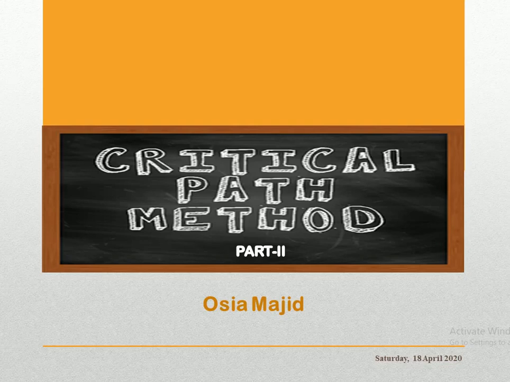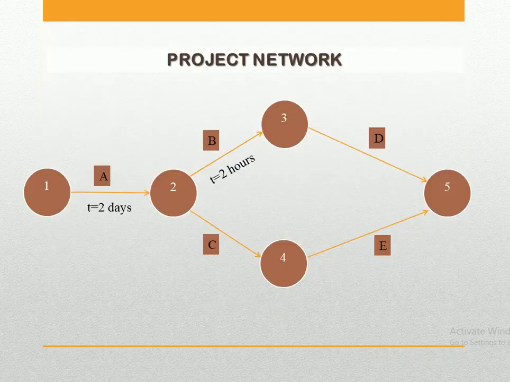So today we again are going to discuss more of the project network, and then we'll discuss the steps of the critical path method. But before discussing the steps, let's first have a quick recap of what we discussed in our previous lecture. There we discussed what the critical path method is, and we discussed the project network. This is the same example that we were discussing in yesterday's lecture, and the link for that is given in the description box.